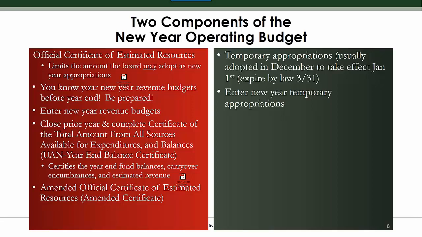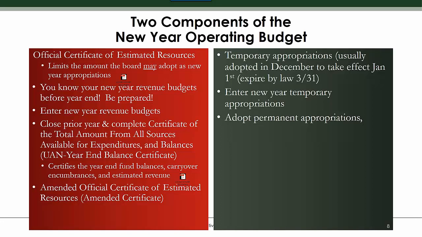All right, so once you receive your amended certificate, most entities then adopt permanent appropriations. That's just usually the way it goes. You wait to see what they're certifying, and then you adopt based on their certification. Because remember, the county can tweak your numbers. They have the power to do that. And this is probably where we're all sitting right now.